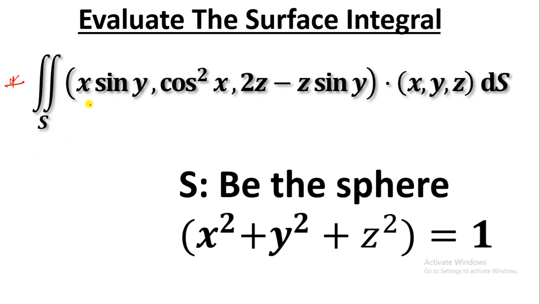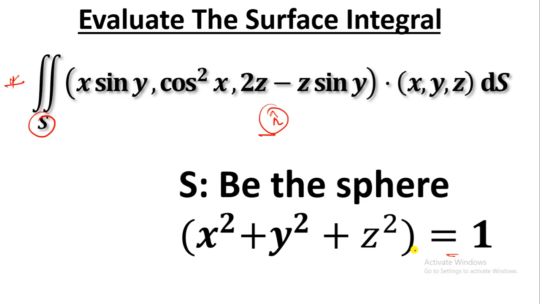It is given as a double integral over s of x sine y. Here in this question they are representing the question in somewhat different style. They haven't given any vector form directly, and they also haven't mentioned the unit vector n and ds. That is, we will have to separate out each vector field as well as the direction of that vector field. But in this question it is given that there is a region for this surface through which we will have to calculate the value of this vector integral. That region is x square plus y square plus z square equals to 1.